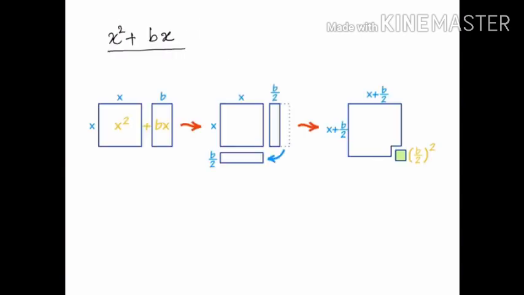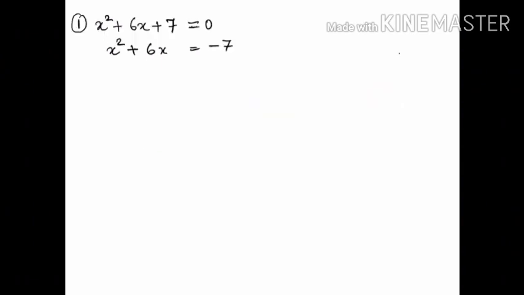Find the zeros or roots of the quadratic equation x square plus 6x plus 7. The first step is to shift the constant to the right side. So rewriting this equation, x square plus 6x plus 7 goes to the right, becomes minus 7. Now on the left side we have x square plus 6x, which is like x square plus bx. Now in order to make this expression on the left hand side a perfect square, we need to add something, and the same number needs to be added on the right side as well to keep the balance of the equation.